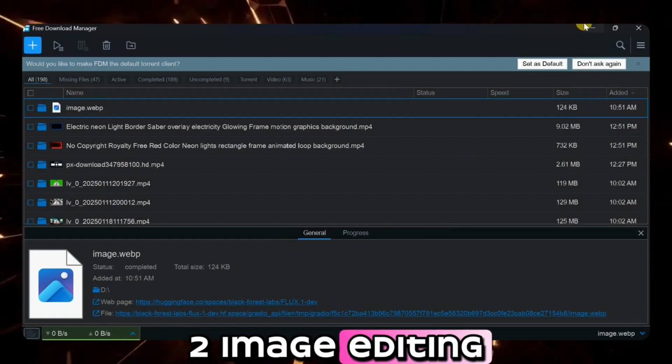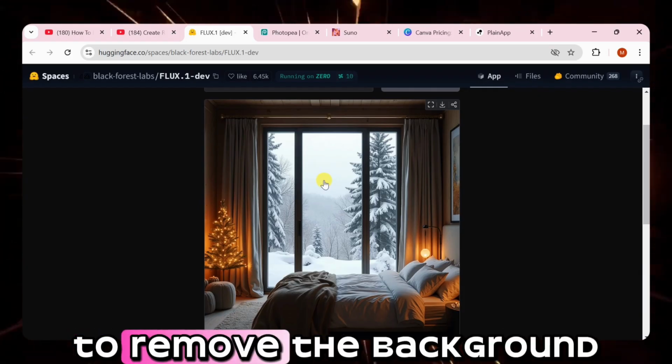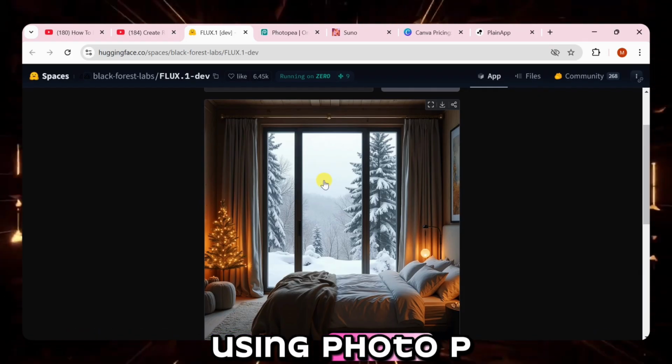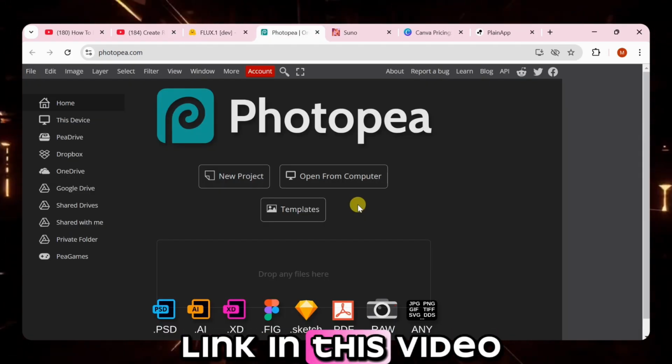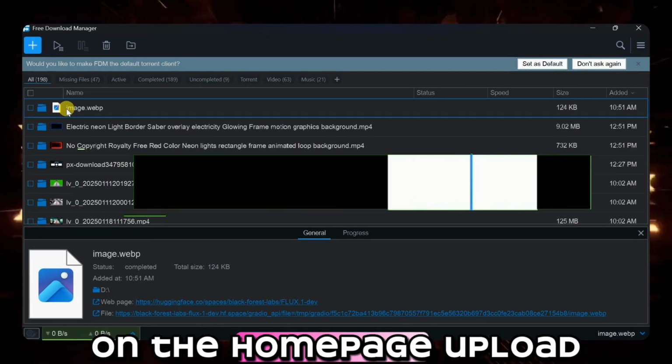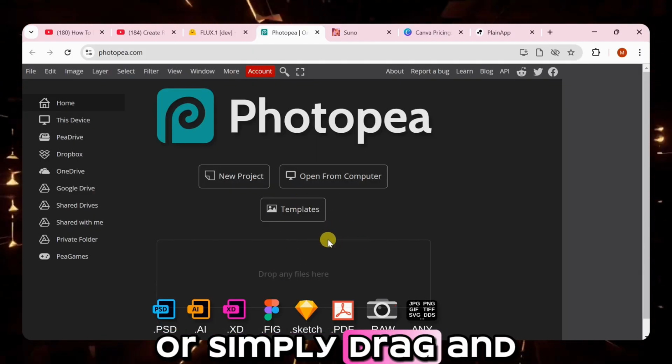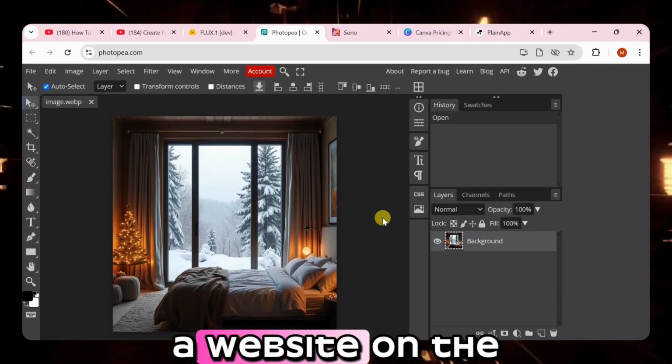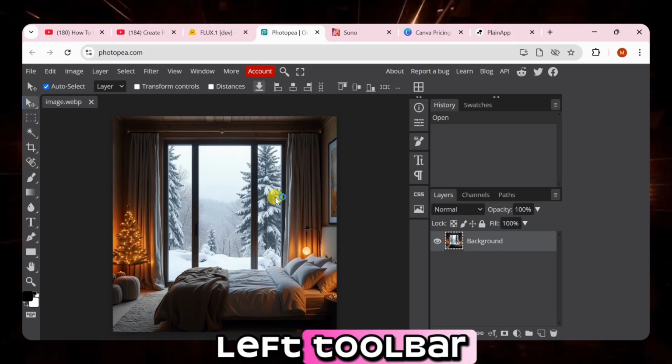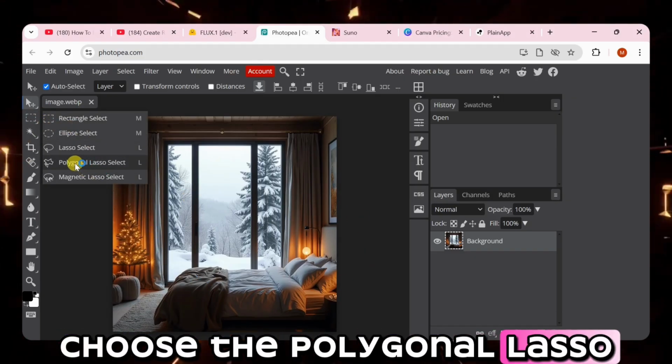Image editing. Now let's edit your image to remove the background using Photopea. You can find the link in this video description. On the homepage, upload your image or simply drag and drop it into the Photopea website. On the left toolbar, choose the Polygonal Lasso